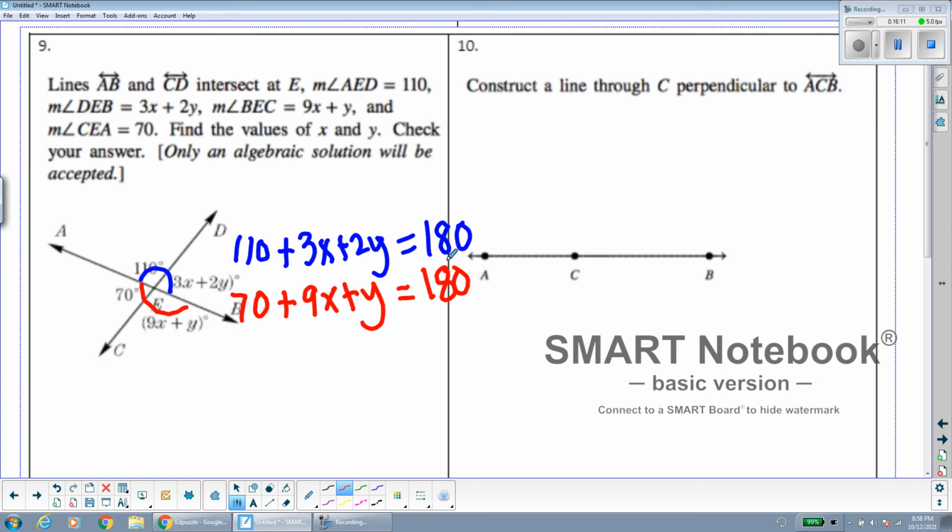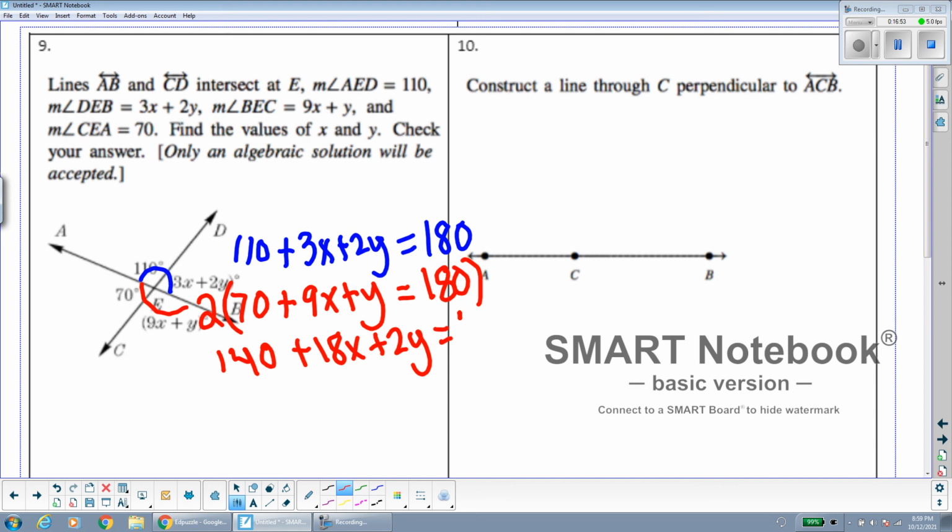So now I'm going to look to cancel out a variable. The way I'm going to do that is I'm just going to take this second equation here, and multiply the whole thing by 2. That way I can get a 2y here, and then I can cancel out the y variables since I'll have a 2y here and a 2y here. If I subtract 2 and 2, I can get 0. So that's kind of my plan. So multiplying by 2, I get 140 plus 18x plus 2y